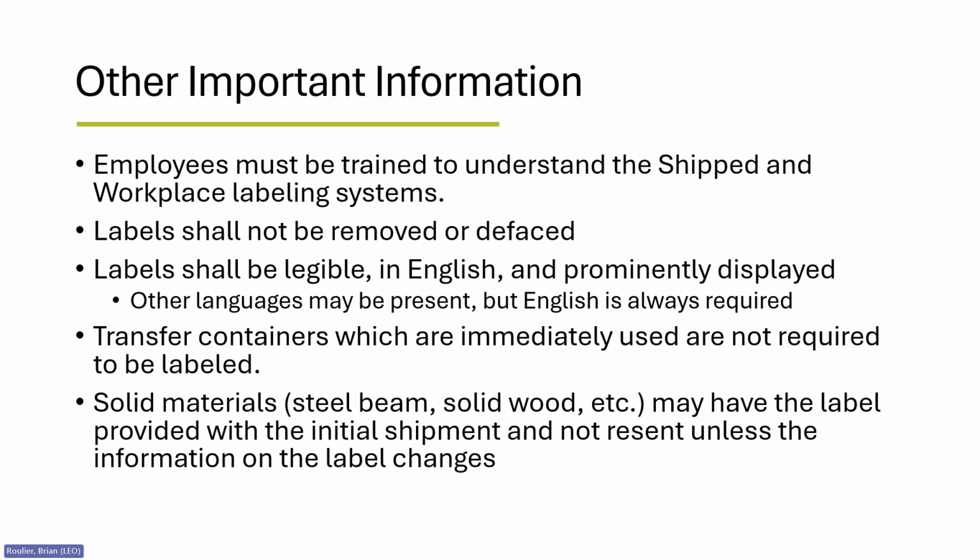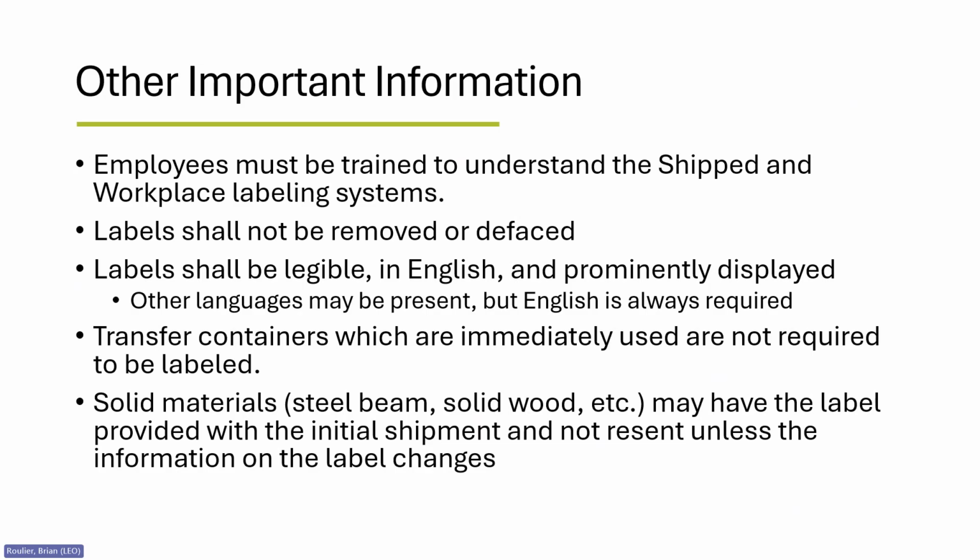Regardless of the labeling system in place, employees must be trained over the site-specific labeling method and the information conveyed on the label, and how to get the specific information if needed. Labels on shipped and secondary containers must not be removed, defaced, or illegible. Labels must also be in English at minimum. Other languages are allowed on the container as long as they do not obscure or contradict the original label.